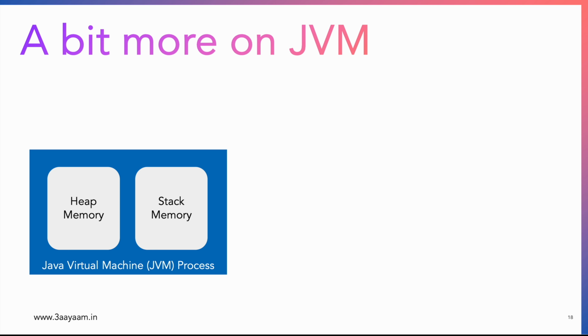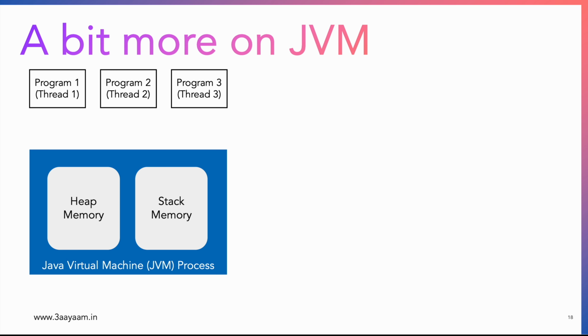And the two important components that we have to know for JVM are the heap memory and the stack memory. Because heap memory and stack memory are the memory sections which are used by Spark also. And let's say if you are running multiple programs, all those programs would be running as threads on top of the JVM. So a single JVM can execute multiple JVM based programs. So all these programs are essentially the bytecode that I talked about. And all these threads would use the heap memory and stack memory which has been allocated or assigned to the